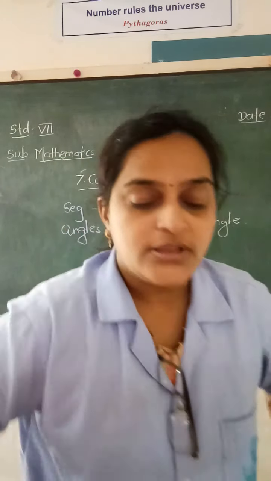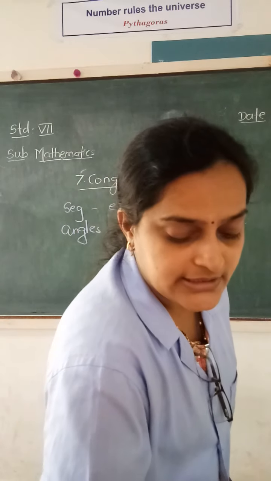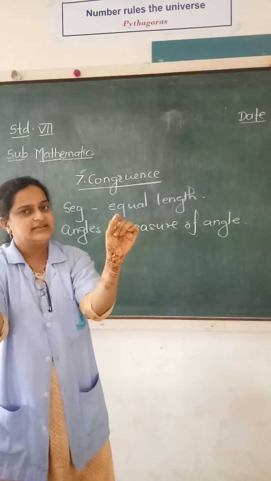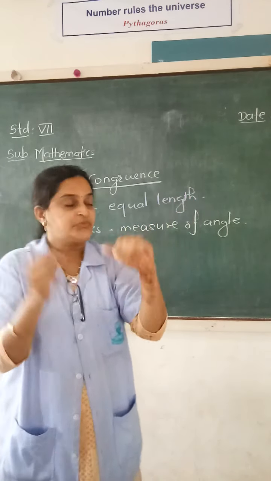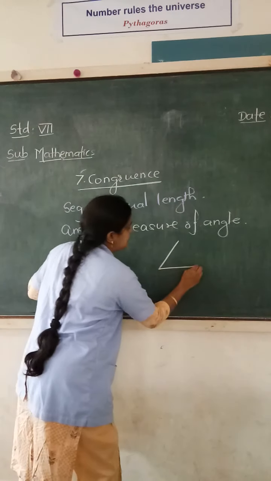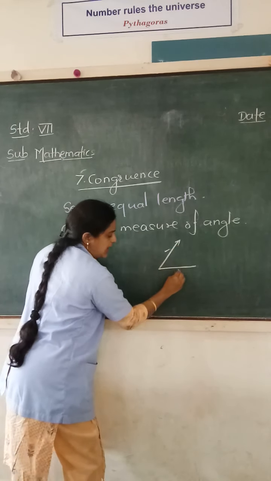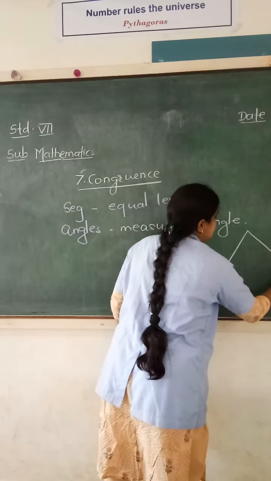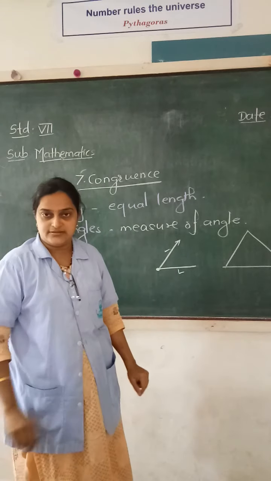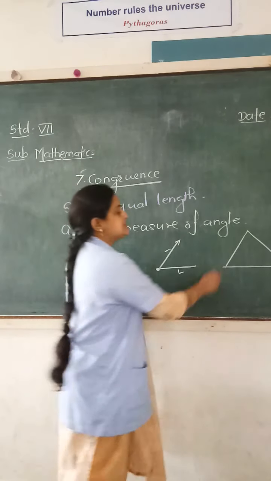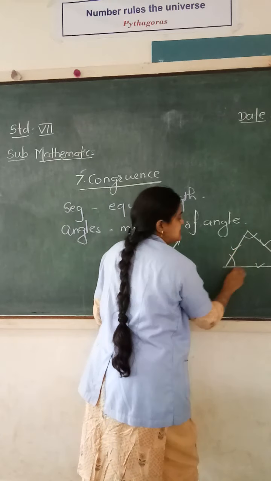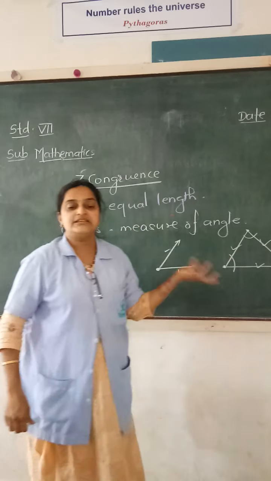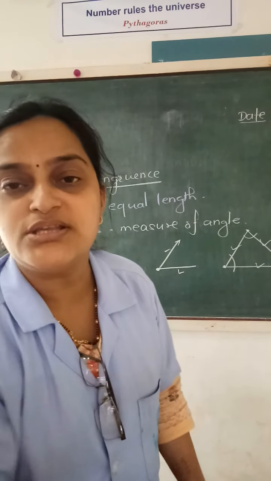Okay. Now the very important part is when I consider the triangles. See, for a segment we had a single line, we had no other dimension. For angles, what did I have to do? I had to match the two arms and the vertex of each other. Now when I consider a triangle, there are a total of 6 elements of a triangle, right? You can even say 9. See, it has 3 sides, it has 3 angles, and it also has 3 vertices. So how to match, how to decide the congruence of triangles?